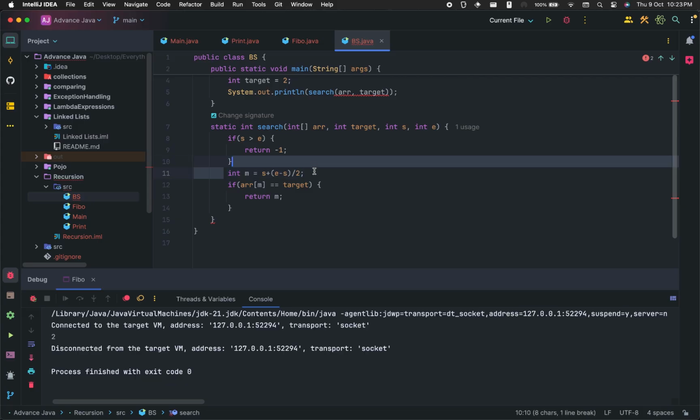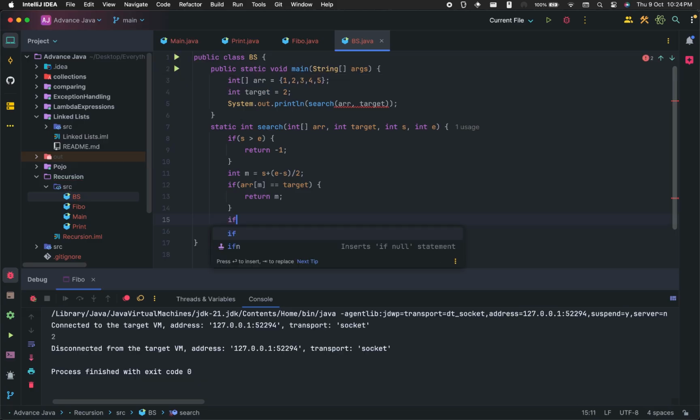And mid is going to be calculated for every individual function call, so it's specific to every function call, but these two are not specific. We are going to change these two only, and according to that the mid is going to be calculated. So I'll just say if array at mid is equal to target, just return mid, and the condition I might have is if target is actually less than array at mid,